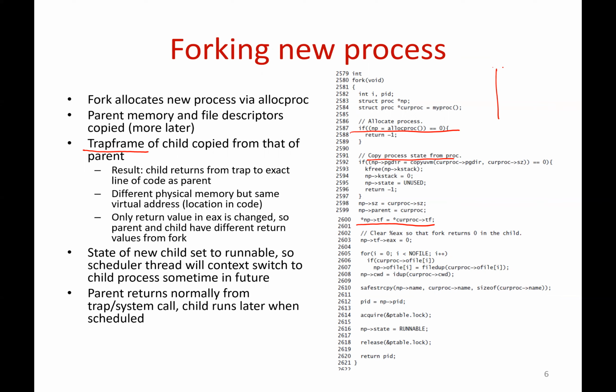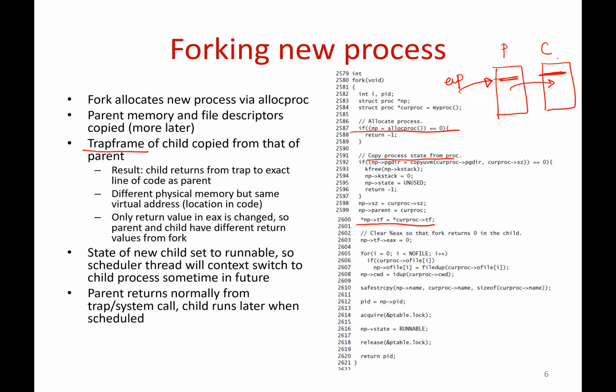Note that the parent and the child have different memory images, right? They're not executing the exact same instruction in memory. There is a copy of the memory image from the parent to the child. Just that the EIP value, the virtual address that they return to, is the same. Both the parent and the child start execution at the same point in their corresponding memory images. They are not running on the same piece of memory. They're running on different pieces of memory, but the line of code where they resume execution is the same.